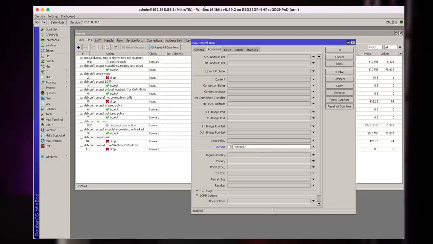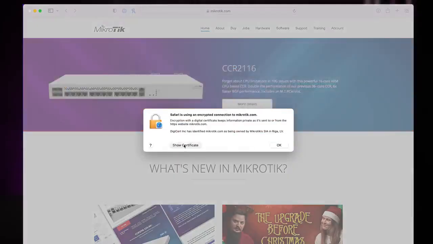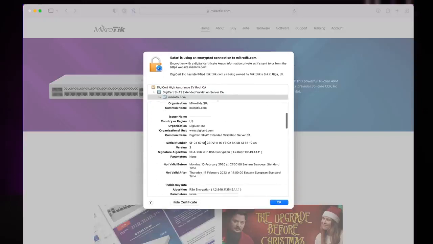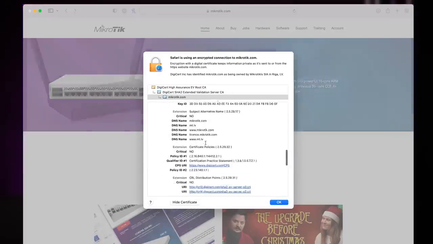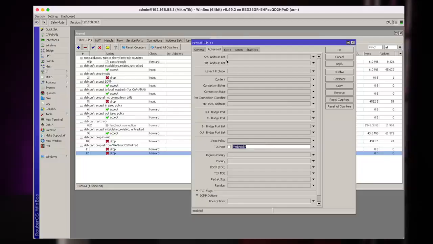And these domain names, we are looking at the SSL certificates of web pages. So here you can see the certificate is issued for these domains here.